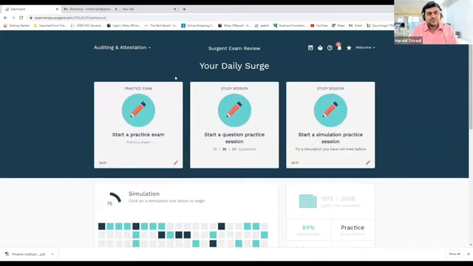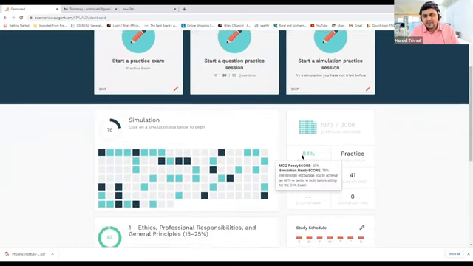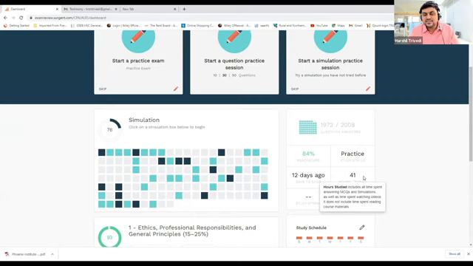Here, one of my students has already gone through the auditing subject. See, what is her ready score? Her ready score is 84%. In MCQ, she is getting 93%, whereas in simulation, she is getting 75%. She cleared this topic properly, and she has already appeared for the examination and got 80 marks in the auditing paper. She studied for only 2 weeks after completing reading, and she cleared with 80 marks. How many hours did she study with the software? Only 41 hours.